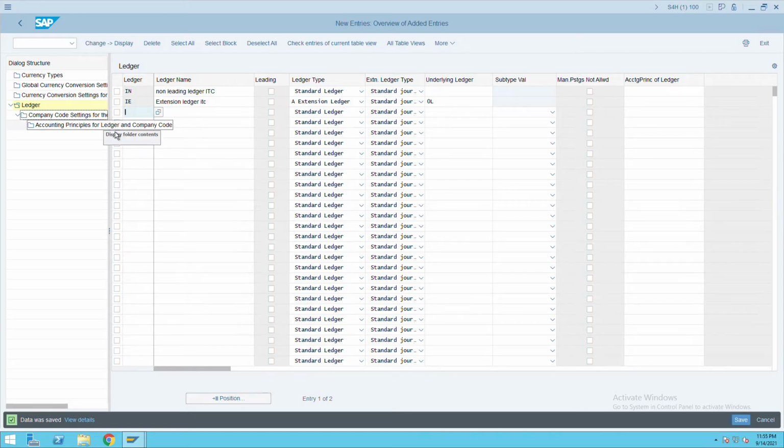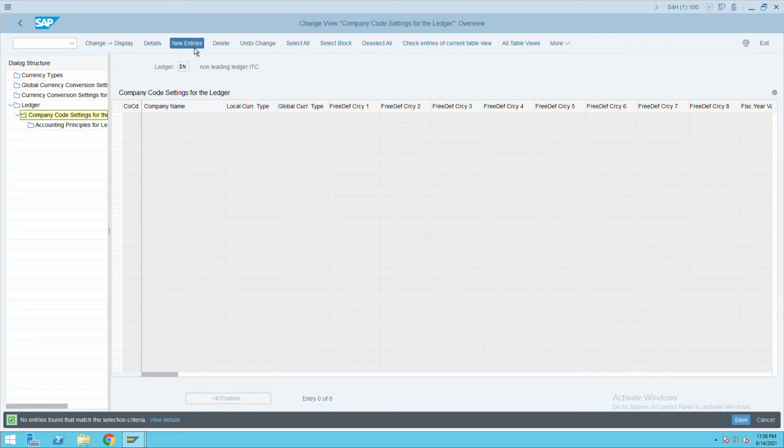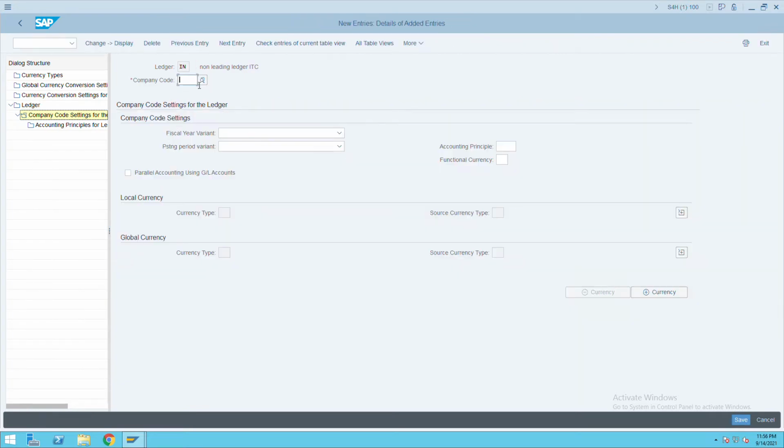Once it is done, if you want, you can extend this to our company code, or else you can ignore it, but it's up to you whether you want to extend it or not. I just explained how we can create a non-leading ledger and the extension ledger. If you want to extend this to a company code, select this one, select the company code setting, click on new entries, give your company code ITC,